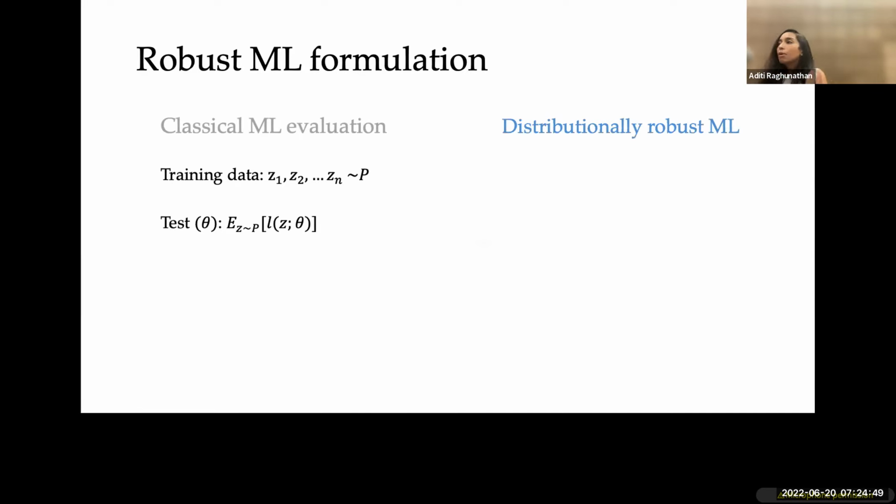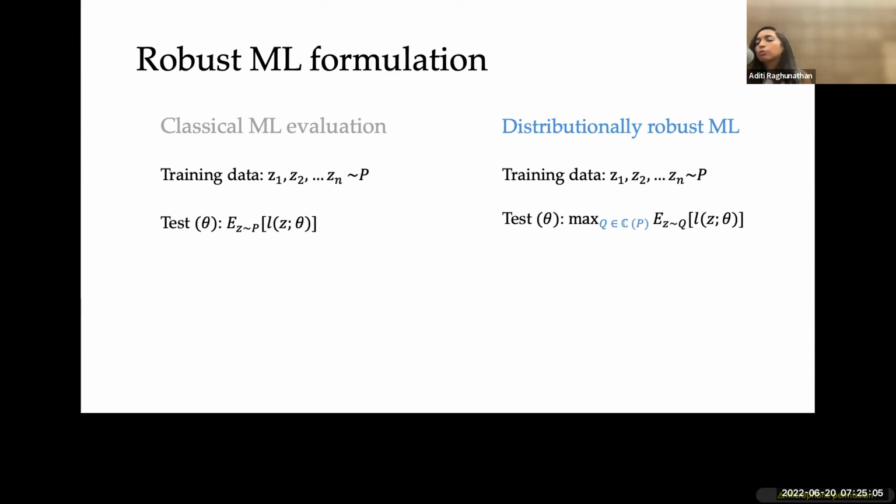In this robust optimization setting, we still have the same training data. But like we said earlier, instead of just thinking about how well this model does on that one particular test distribution P, we really want to think about a variety of different test distributions and look at the worst case performance across them. So you might have any distribution Q within a set of distributions that we define as C of P. We define a wide family of distributions that the model could encounter. And to make our life easy, instead of checking each of those things, we just want to work well on the worst case. This automatically tells us that we work well on everything within this broad range C of P.